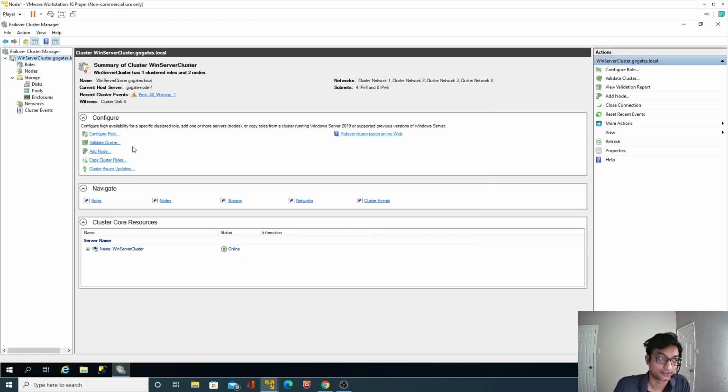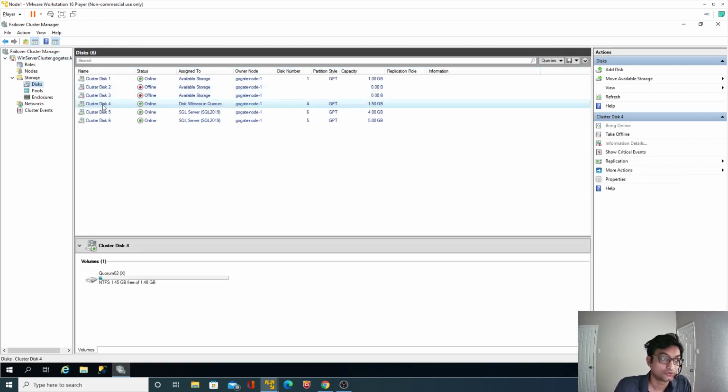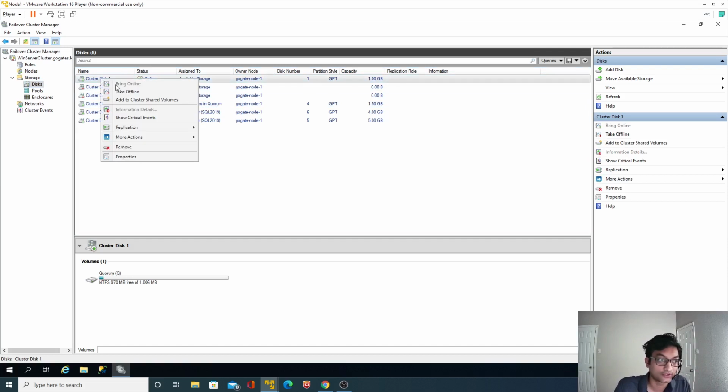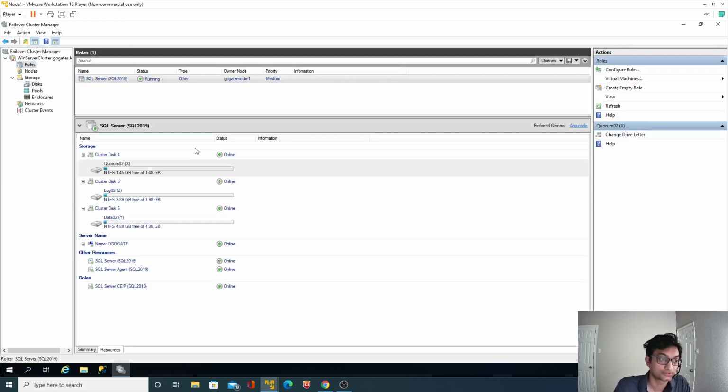finish. Perfect, work done. If I go back now, you can see disk 4 is tagged as disk witness in quorum, whereas disk 1 is showing as part of available storage. I can bring this offline now, and let's go back to roles.